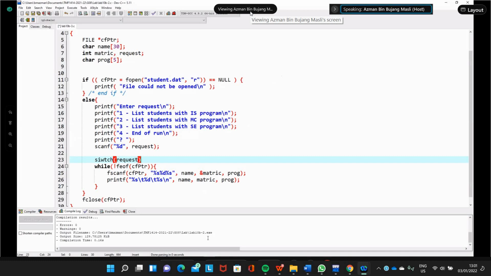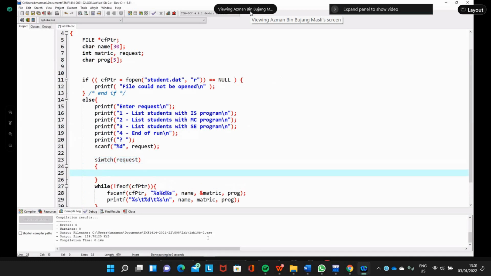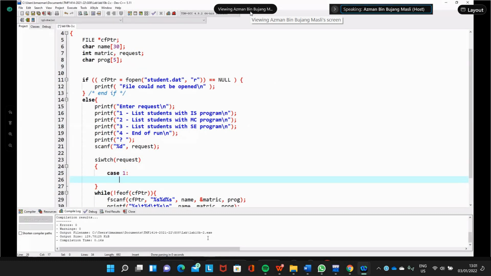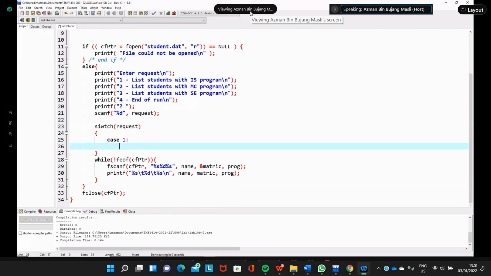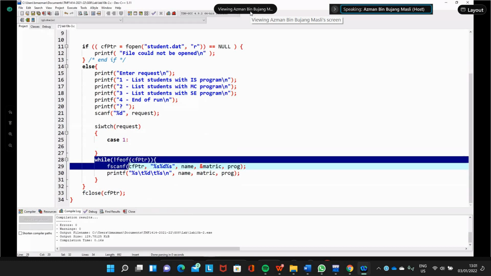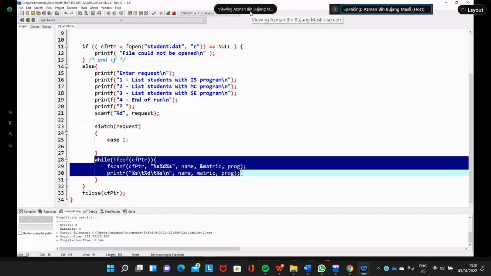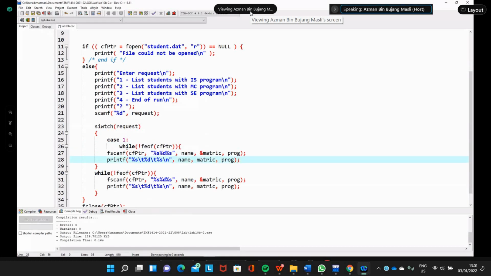Switch request, and then case 1. So we do the thing here. Case 1, so what do we do? First of all, we read the file. While not end of file, we list the student name. So we copy this one and put it here.